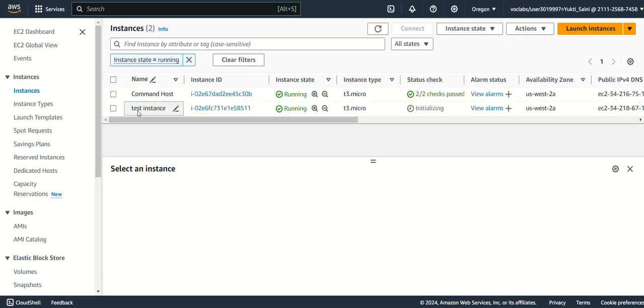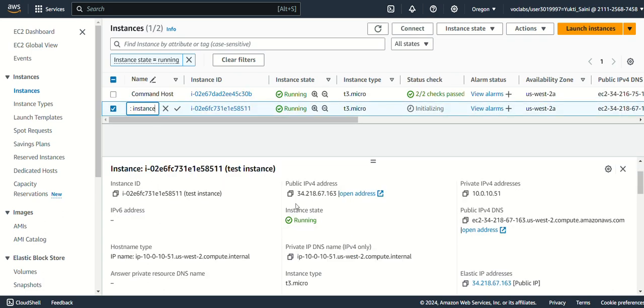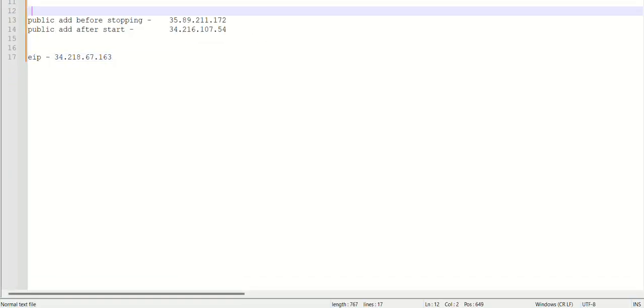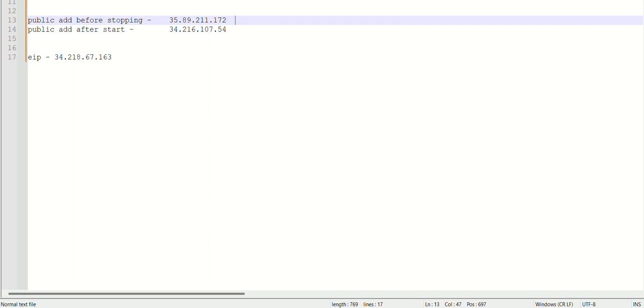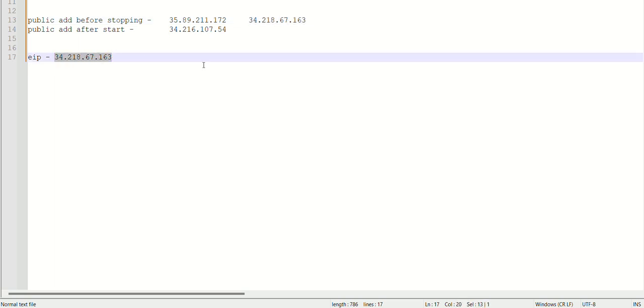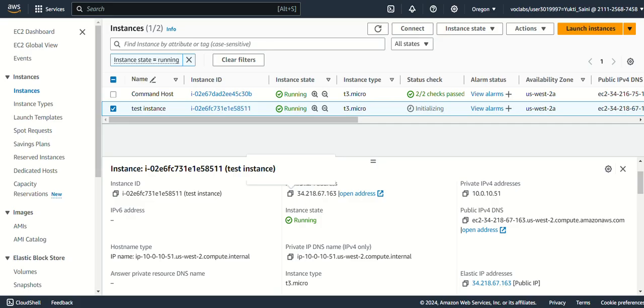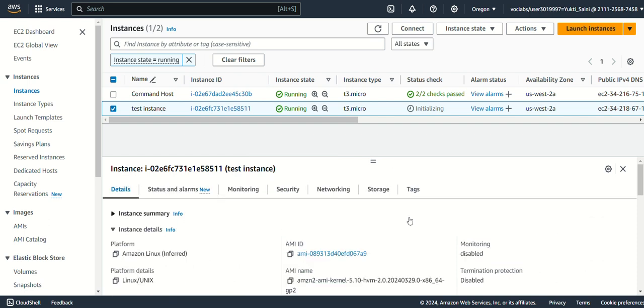Now go to the EC2 dashboard and click on the test instance and check. Copy this public address and paste it here. See, this public address is the same as this Elastic IP address. So that means we have successfully made our public address a permanent address.